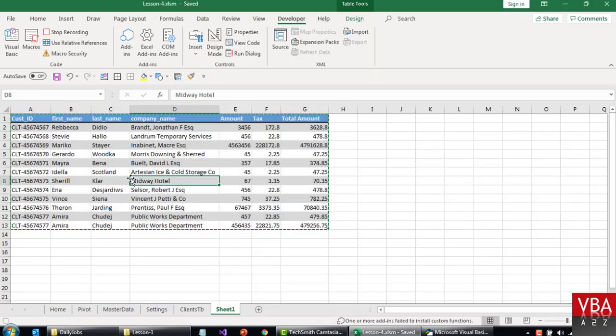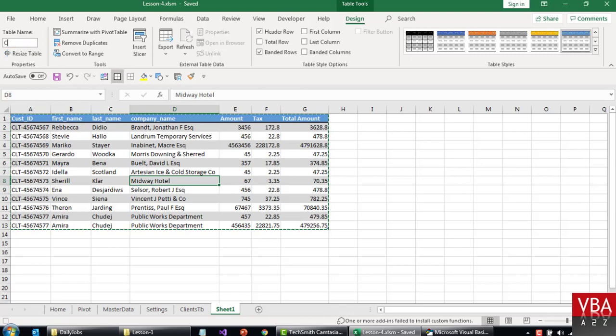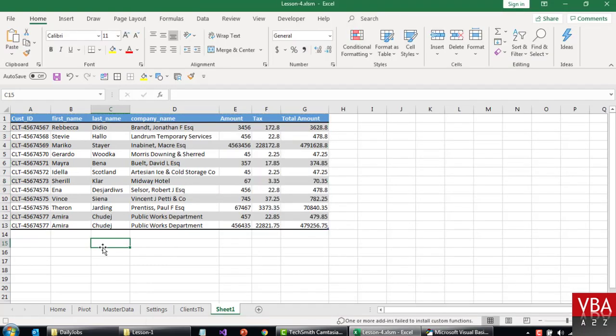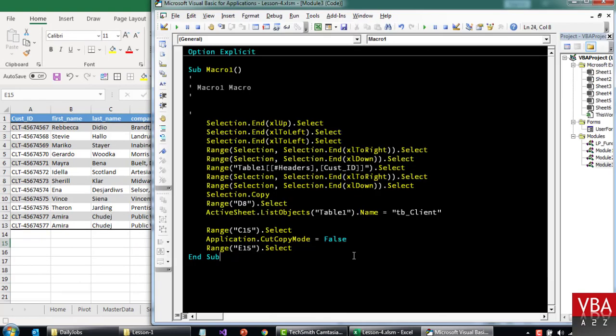Okay, and then if I go here and try to rename this as client table, this might conflict with the other name. I'll just say client table client, something like that. Now if I come back here, it says list object, this table.name, so it's referred to as list object. Like we say sheets and this, similarly here it's like this. Within the sheets, the hierarchy is that after the sheets you have tables, like a pivot table. And then just clearing the clipboard,